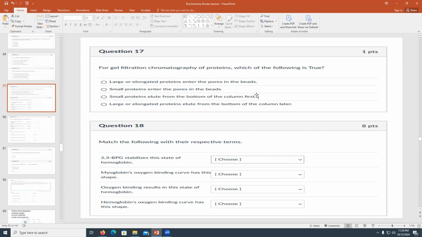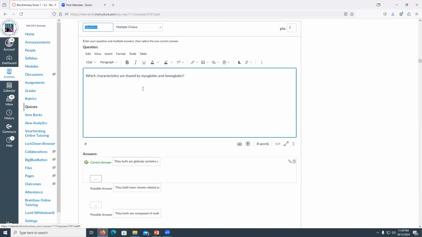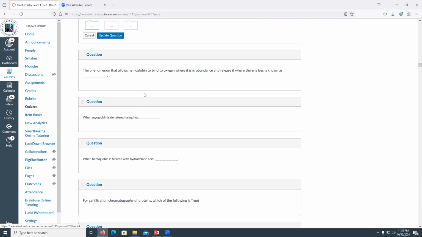No, they elute in the end because they are so busy going through the zigzag lines. But in the meantime, the big proteins have already escaped through the gaps between the beads. Large elongated proteins elute from the bottom of the column later, and that is not true. They elute first. So let's go to the next question, which